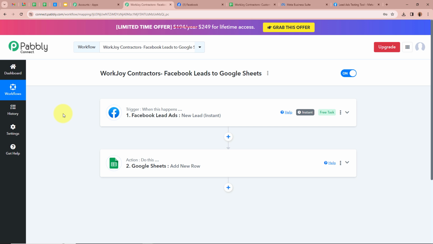Connect. In Pabbly Connect, to start an automation process, we need to create a workflow. I have created a workflow in the name of Workjoy Contractors Facebook Leads to Google Sheets. And this is how we create an automation between Facebook lead ads and Google Sheets with the help of Pabbly